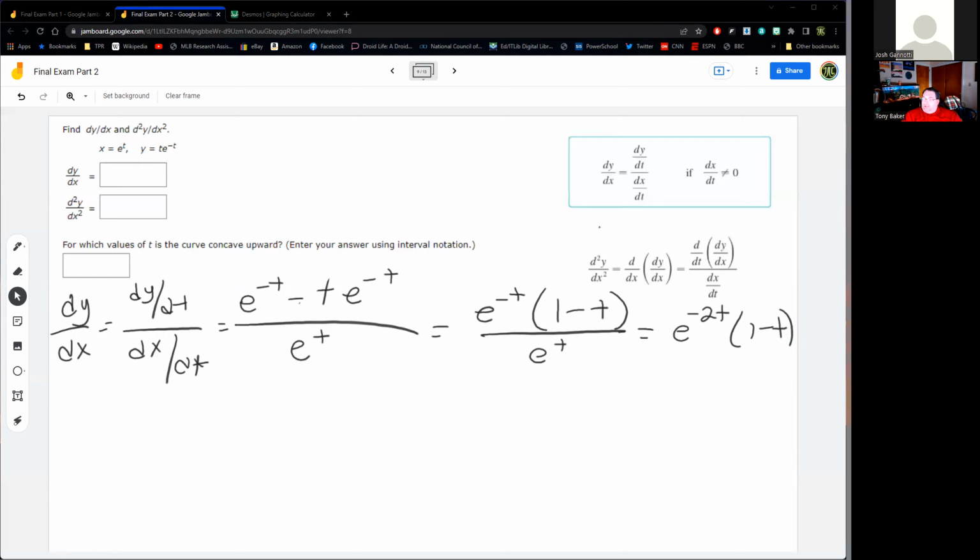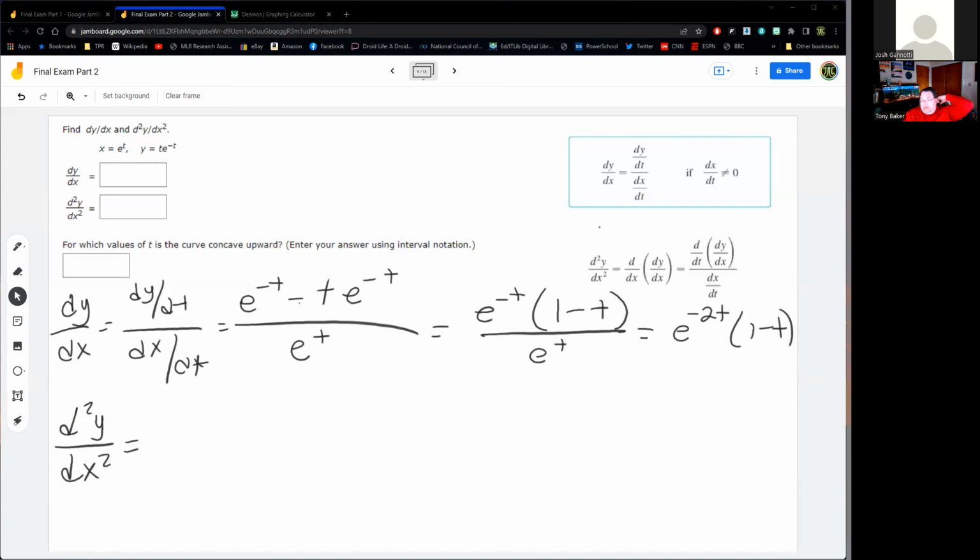Second derivative. The reason why I moved the e to the t up is I want just a multiplication, so I can do the product rule for my derivative and not have to do the quotient rule. So that's why you move the e to the t up, so you don't have to worry about that part. Because for the second derivative, I have to take the derivative of that divided by dx/dt. So